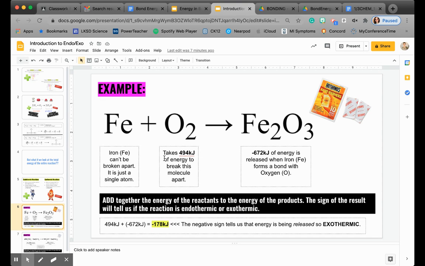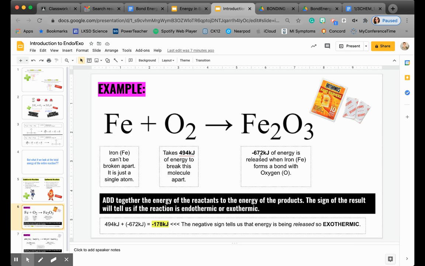So, a quick review. We've got iron, it's by itself. It takes 494 kilojoules of energy to break the oxygen molecule here. And then it takes 672 kilojoules of energy to form this. So overall, how do we figure out how much energy is either being released or being taken in? So what you do is a math problem. You add together the energy of the reactants with the energy of the products. So we would add together 494 plus negative